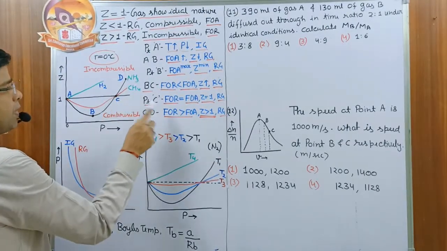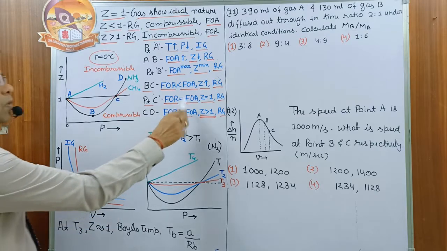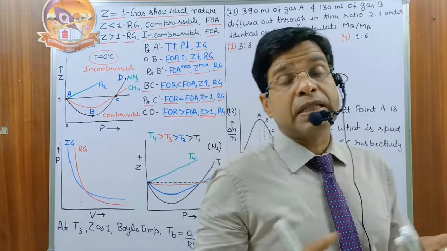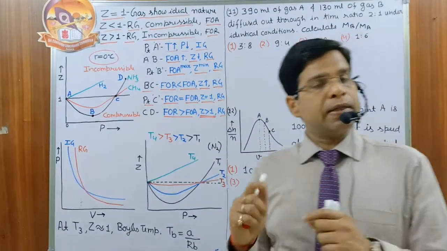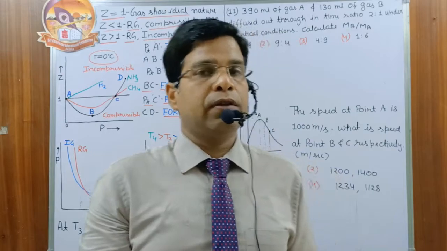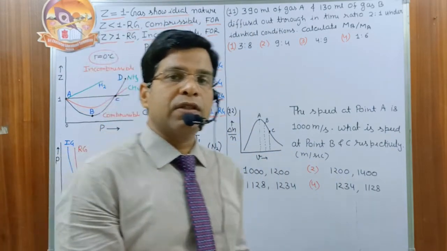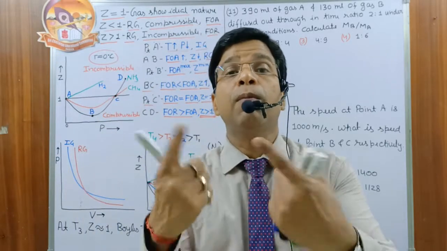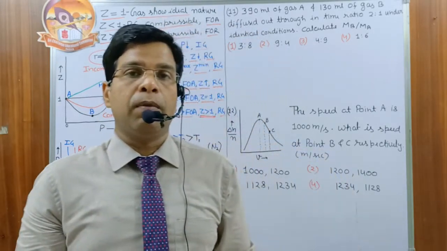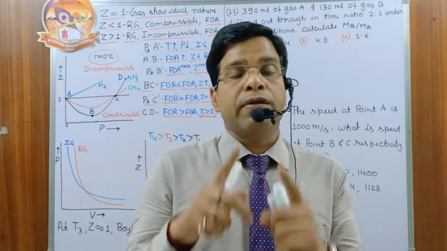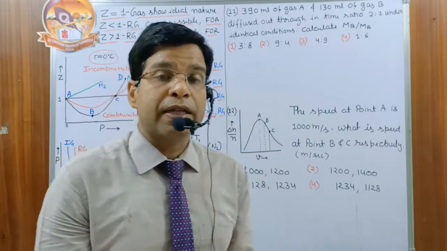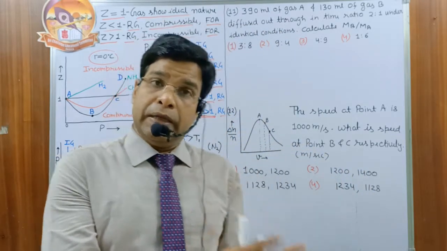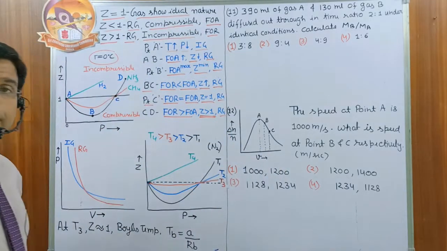At the point C, the force of attraction is exactly equal to the force of repulsion. The value of Z is equal to 1, but still the gas is a non-ideal gas. It is a real gas, because according to the kinetic theory, the ideal gas is the gas in which we have neither the force of attraction nor the force of repulsion, but at the point C we have both. By chance they are in equal amounts, but both are there. So it will not satisfy the condition of the ideal gas according to the KTG. So it is a real gas in nature, but it is neither compressible nor incompressible.